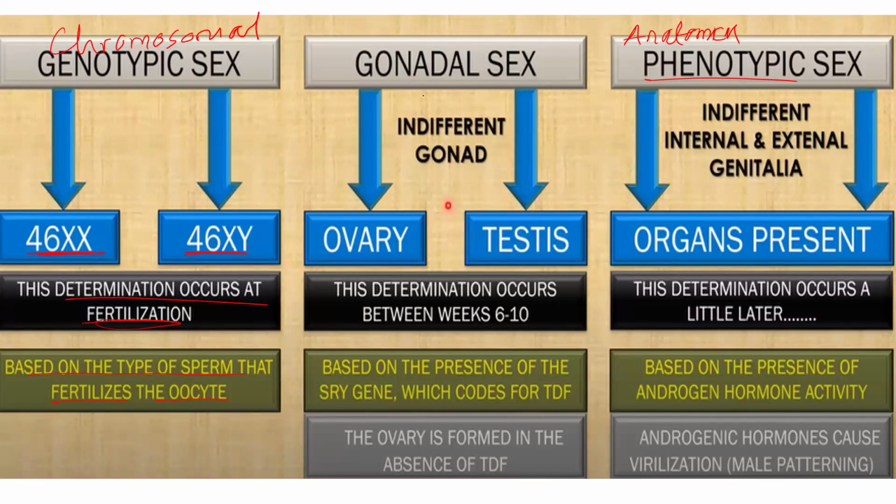Then we have the indifferent gonad, what is known as the gonadosex. The indifferent gonad can either develop to an ovary or a testis. And this is,